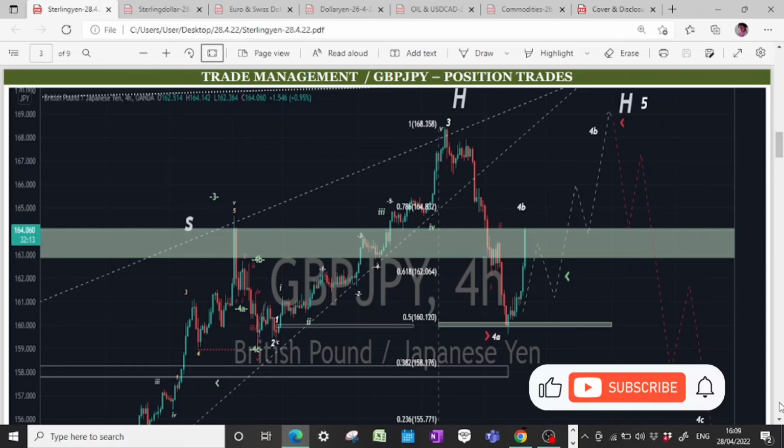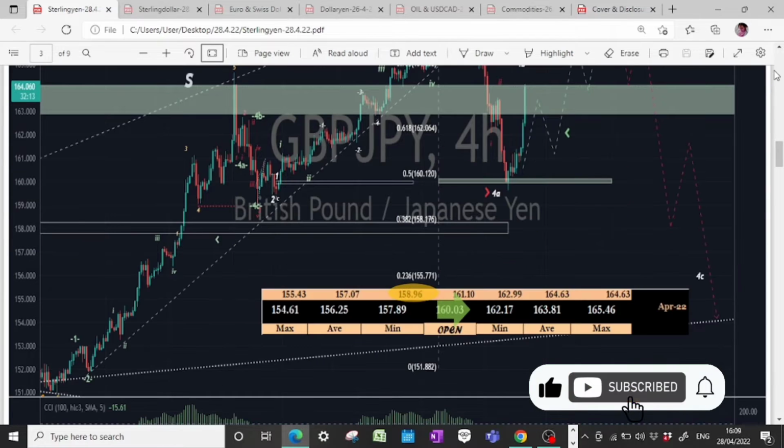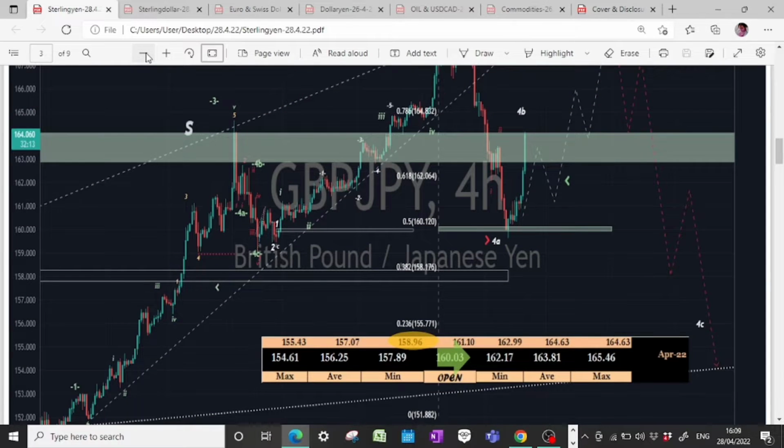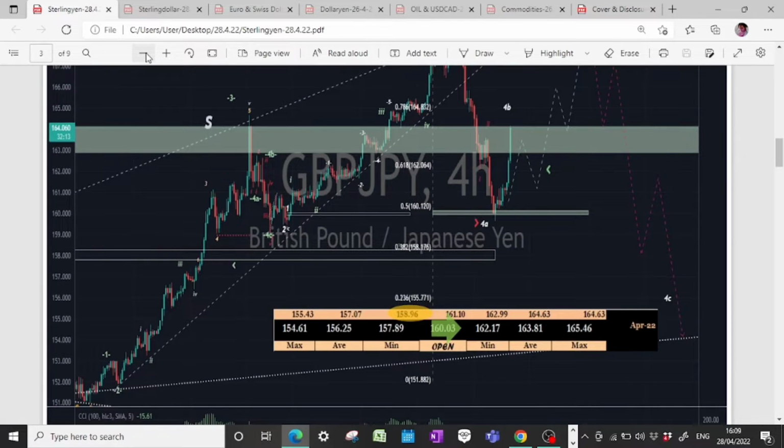Let's take a look at that for our chart. This is our high degree trade management, or the current bounce that we expect to currently be affecting the market. The bounce comes in at 50%. This is the most important thing about it. This gives us impetus that even though sterling is very weak, the market could